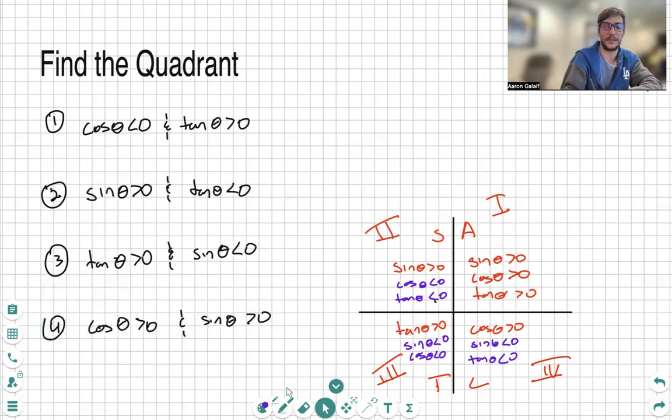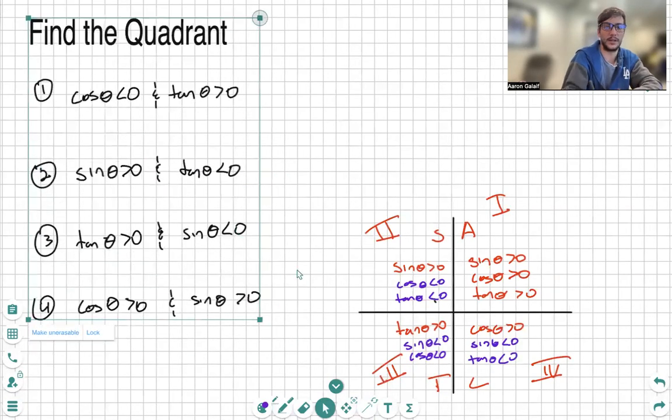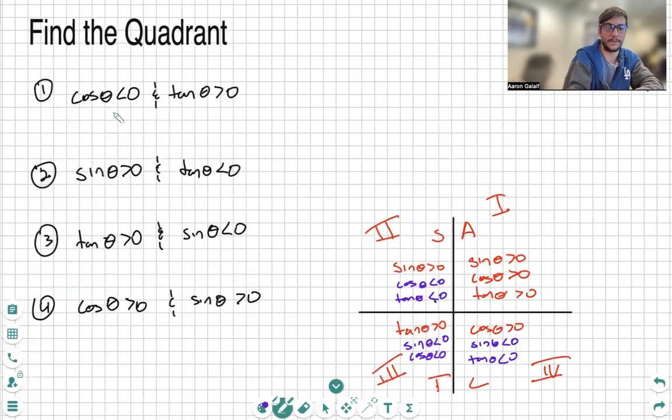Let's start with the first one. When cosine is negative and tangent is positive. So what I do is I draw myself a little guy. Let's move this all up a little bit. We draw ourselves a little one right here. And we start recognizing, okay, All Students Take Calculus. Where is cosine of theta negative? Cosine of theta is negative